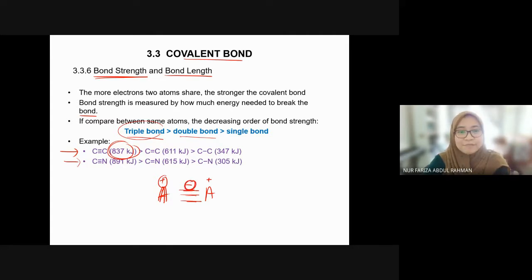So the more negative it is, the more the positive nucleus is attracted to the negative charge. The more negative it is, the stronger the attraction between the two nuclei and the shared electrons. Understand? That is the logic there. This has 3 bonds, meaning many electrons, so the attraction between the nuclei and the electrons is stronger. That explains why the triple bond has the strongest